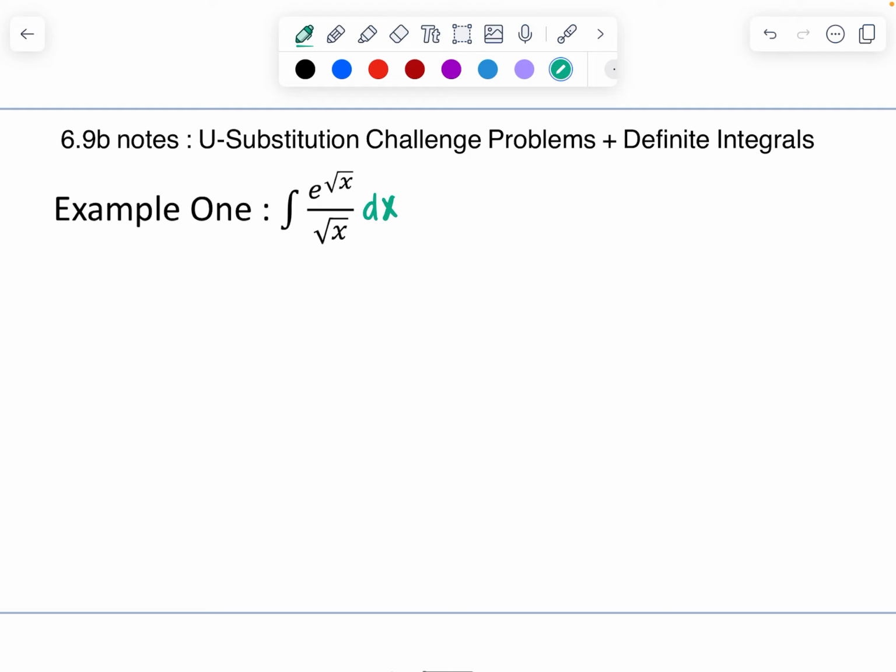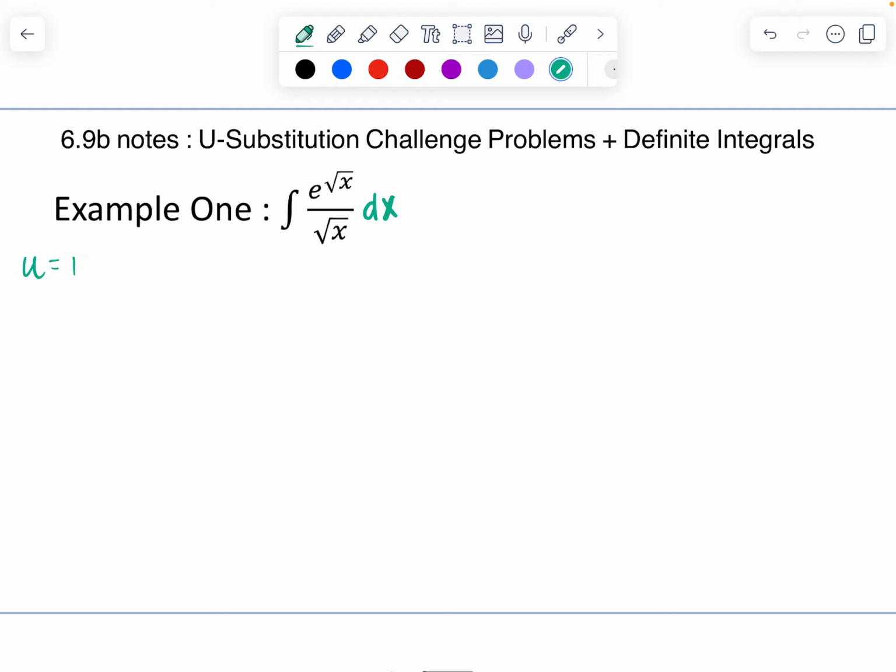And so this one is kind of tricky to figure out what is the inside function. Just remember, the derivative of the inside function has to cancel out something else in the problem so that we only have e to the u power. So I would say the natural thing to pick, and don't write this down yet, is